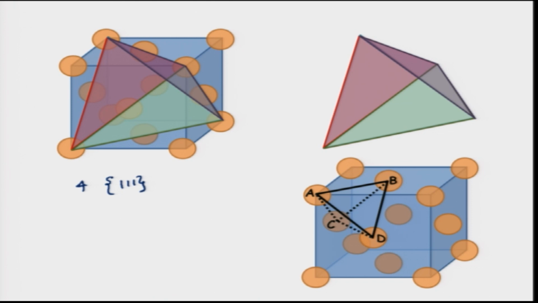The tetrahedron that I drew over here is taking the full cell, but in reality what you need to draw, because the Burgers vector is equal to the closest packed direction, is to join the corner atoms of the 4 nearest neighbors. So, here are the 4 atoms A, B, C, D, and you connect them, you get the same tetrahedron. There is no difference in the orientation, but this is a more accurate representation of where we are getting the tetrahedron from. Because the edges here are equal to the Burgers vector, the BD length, the AB length, they all represent the Burgers vector.